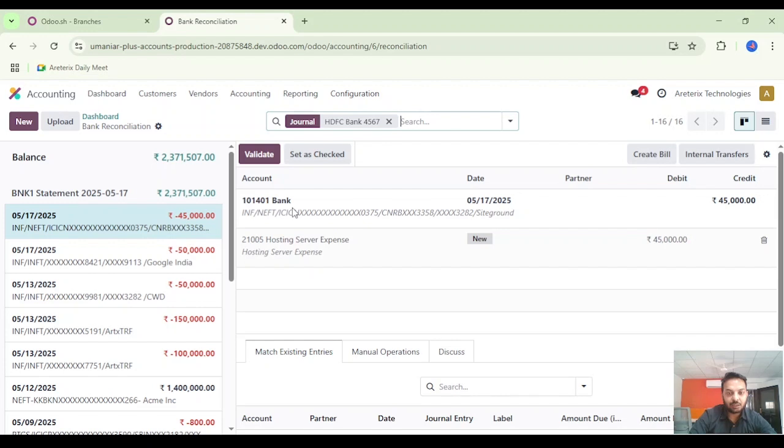This is the bank statement, the transaction from the bank, and here, hosting server expense. So Odoo automatically is able to identify that this transaction is for the hosting server expense ledger. How it was able to identify is because I have created a reconciliation model in Odoo. I'll show you the reconciliation model,